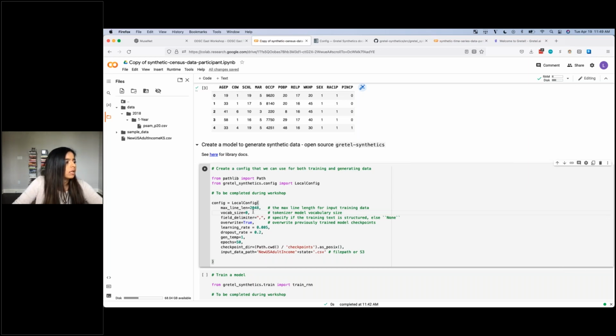Okay, the next variable is vocab size, and that is sort of defining what type of tokenizer you use. So in any language model, like if you're looking at text, you can't just take text and pass it to a machine learning model, because machine learning models are used to seeing sort of numeric values, right? So the whole idea of tokenization is, can you take your entire text and